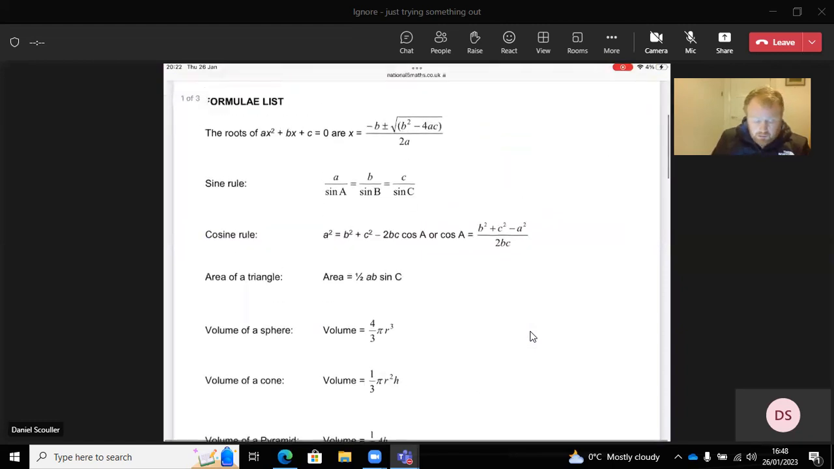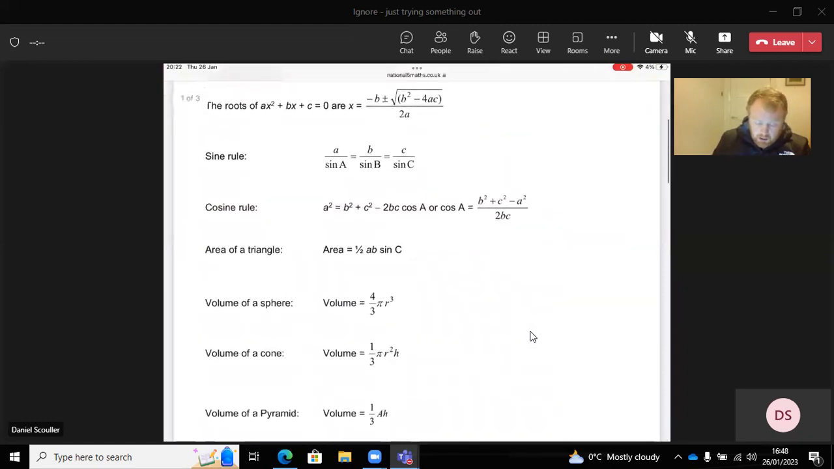Our formula sheet. Okay, so the rule we're using is